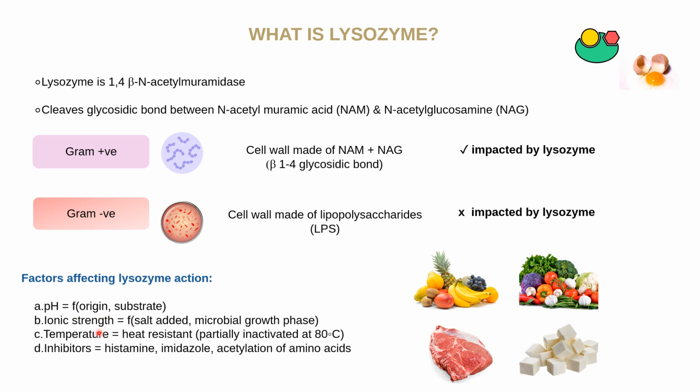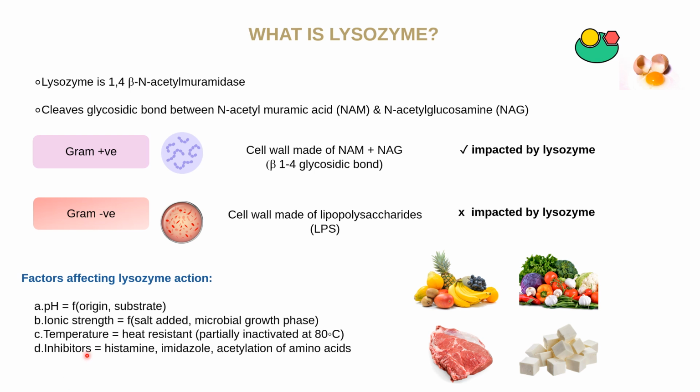Second is ionic strength. The impact of ions depends on what type of salt is added and in what concentration. Apart from that, it also depends on which phase of the cell cycle the salt is added. For instance, if the salt is added when the microbial cells are in stationary phase, it may not have a great impact as the cells would have adapted well to the harsh environmental conditions. However, if the salt is added in the log phase, microbial cells are still adapting and salt addition only adds to adverse environmental conditions existing, thereby inhibiting microbial growth.